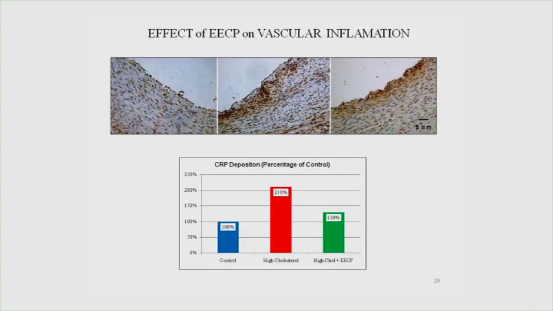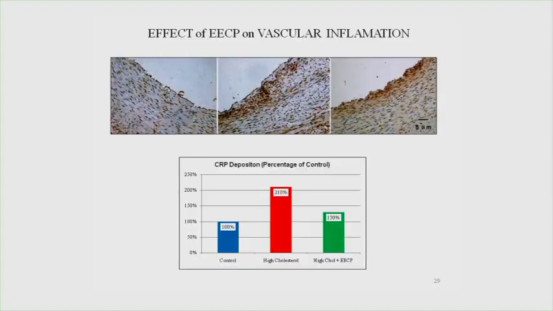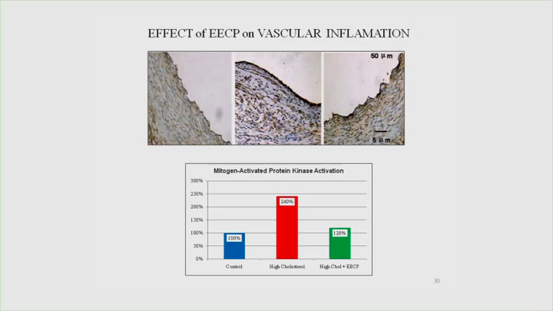CRP is made by the liver in response to systemic circulation. CRP is also made by immune cells in the artery wall in response to hyperlipidemia, lipid oxidation, and inflammation. You see a lot in the hyperlipidemic pigs. There's attenuation with ECP. Mitogen activated protein kinase, that is the enzyme that transduces threat at the level of the